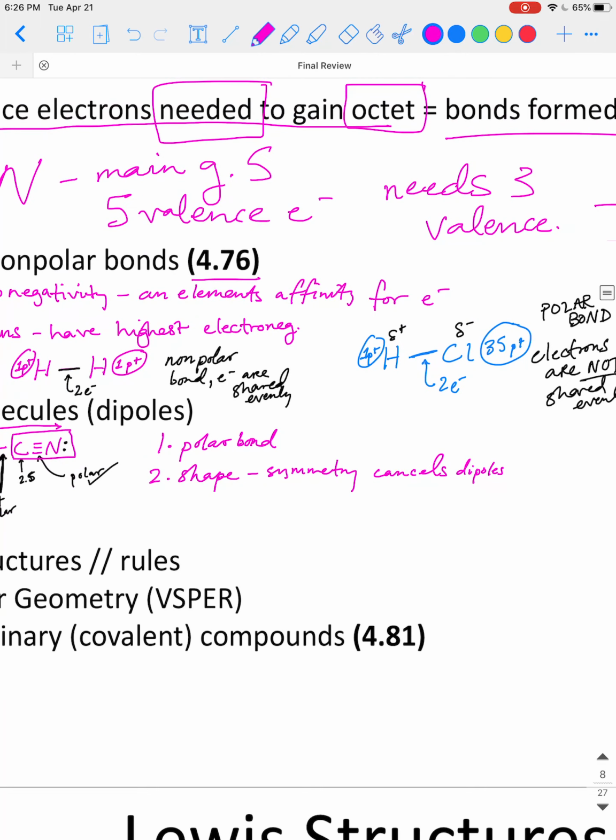Symmetry cancels dipoles. So you can have polar bonds in a molecule, but if there's symmetry between those bonds or the atoms, then the fact that you have polar bonds doesn't matter. They might cancel out. Not always, but sometimes. 3, do you have lone pairs? Okay, that will definitely be an electron-dense region of your molecule because it's where the electrons are. So if you have a lot of lone pairs, then you definitely have a polar